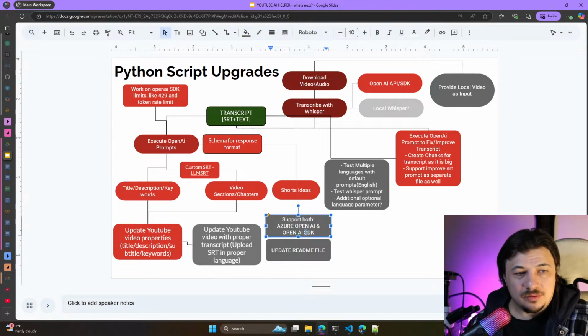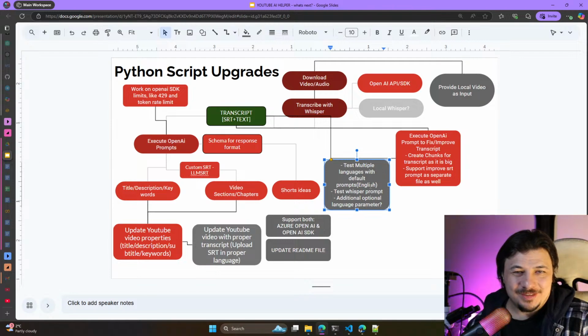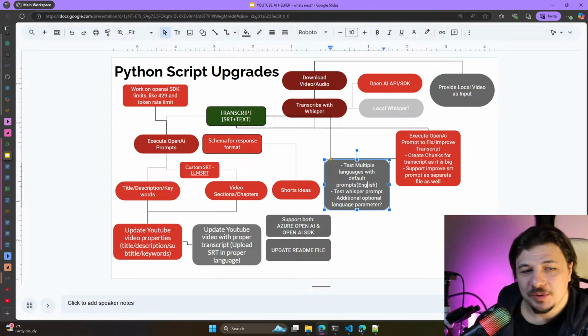What is left? We try to use multiple languages with default prompts in English, and it does not work nicely. If you don't specify the Whisper language, it will try to translate instead of transcribe.